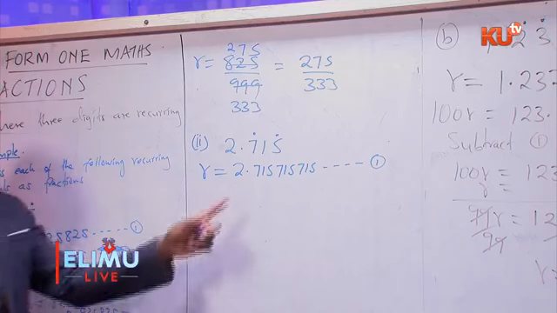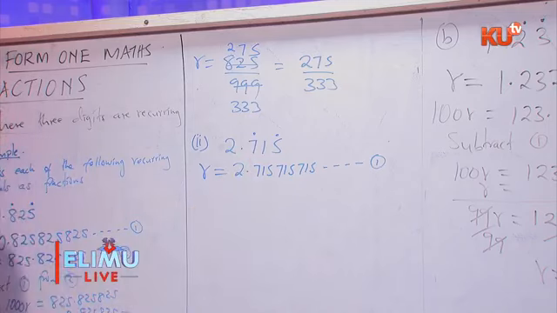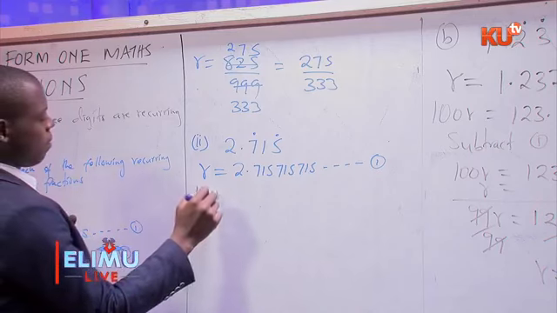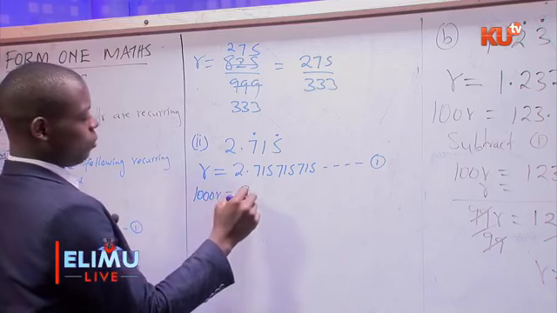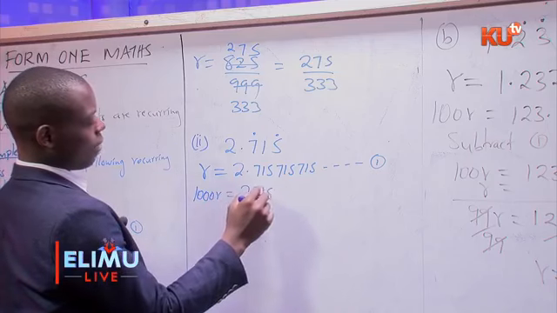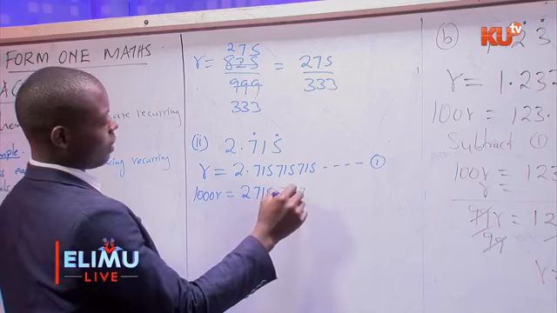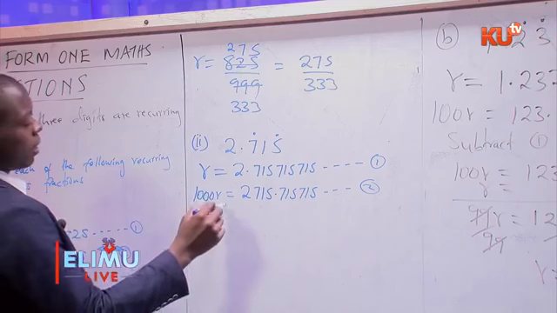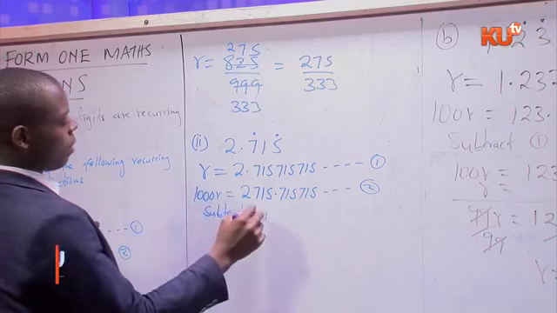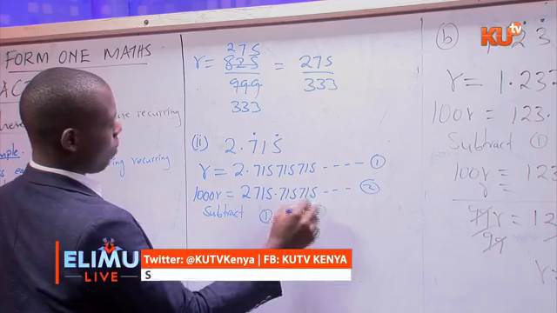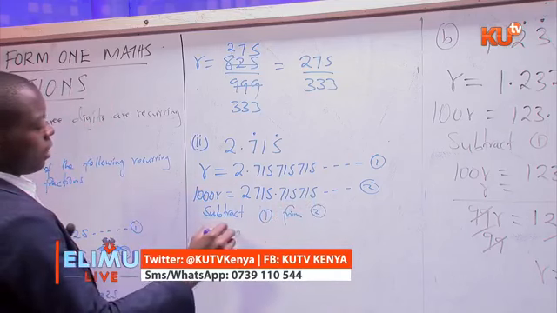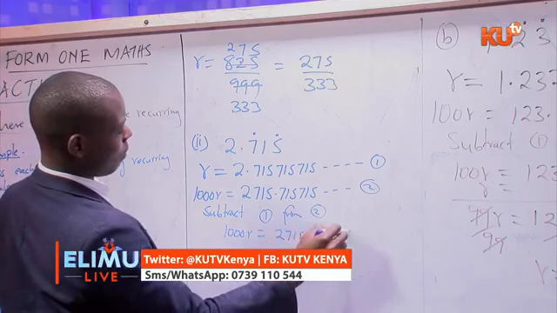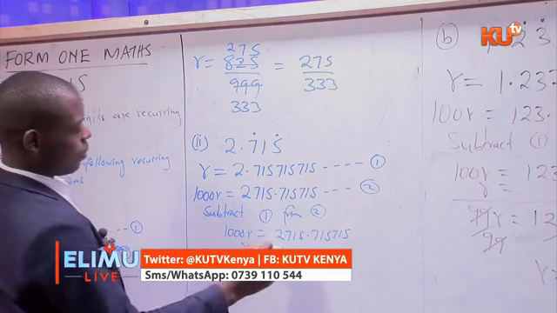Then what you do, identify the number of decimal places. There are 3. So you multiply by 1,000 of R to make it 2715.715715. Then finally you subtract equation 1 from 2, so that you have 1,000R is 2715.715715. Subtract R, which is